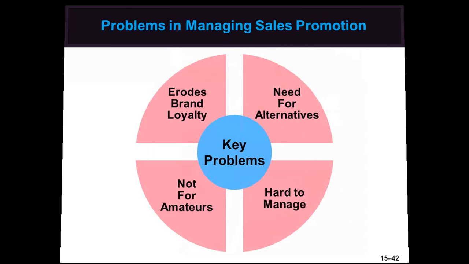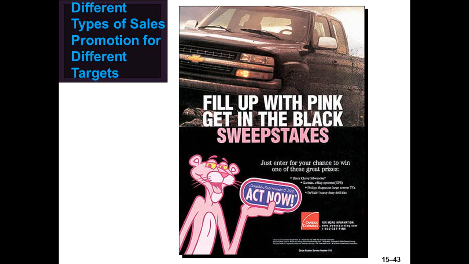Owens Corning, shown here in this ad, uses a variety of promotion methods, including advertising, sweepstakes, and other sales promotions to help stimulate demand for its high-quality products. The trade ad above provides a website address and a toll-free number so it will be easy for intermediaries to respond to the ad and get more specific information.